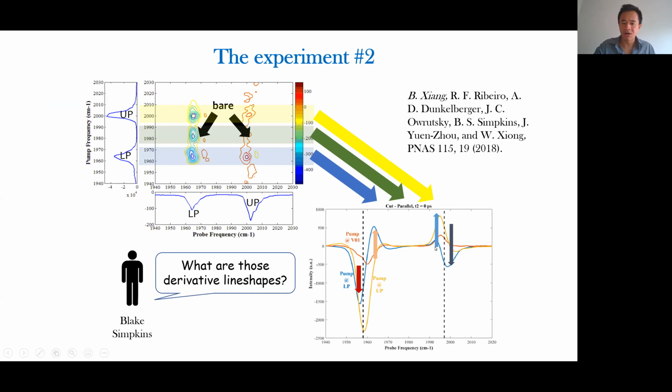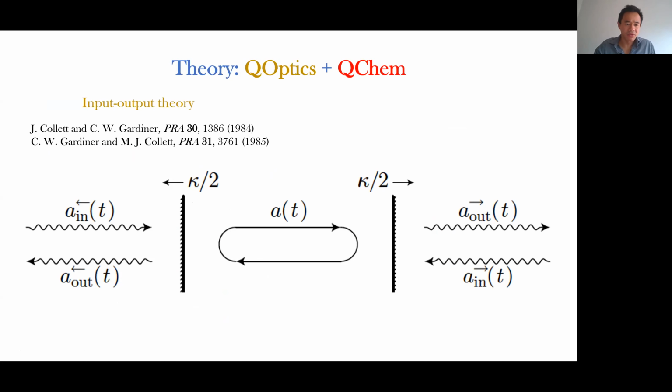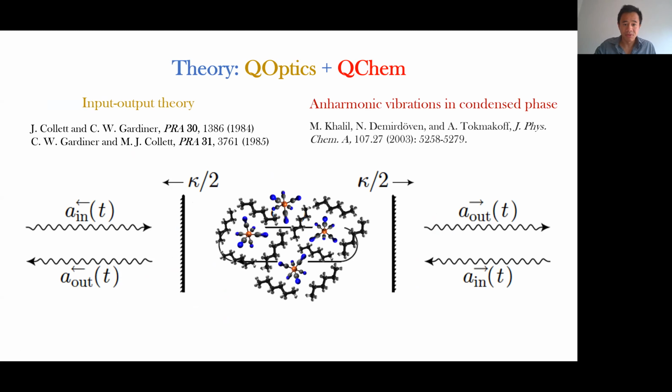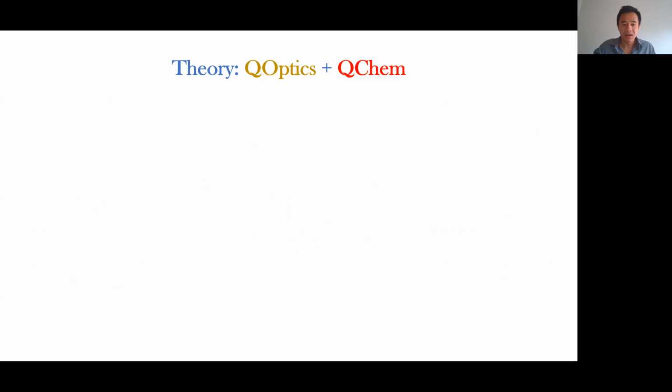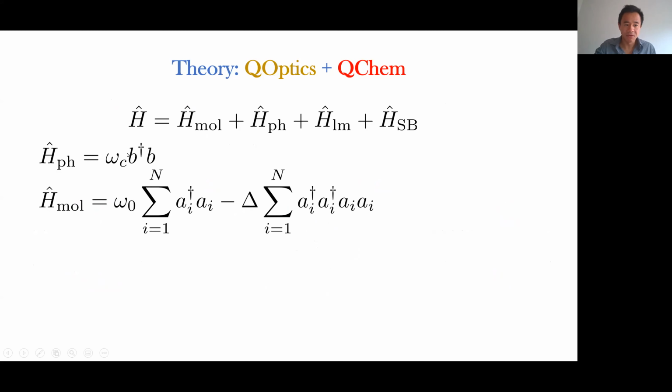So normally in molecular systems, these things don't show up like this. So what we did was we combined the input-output theory from quantum optics with the theory of anharmonic vibrations in condensed phases, developed for 2D IR. And what was important to model this spectra was to say, okay, the photon is a harmonic oscillator. The molecules are anharmonic,